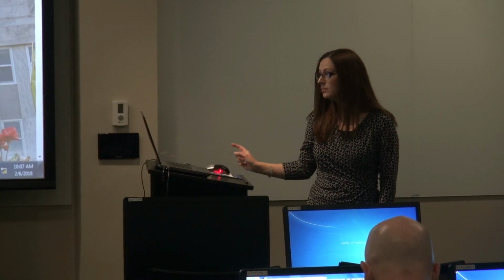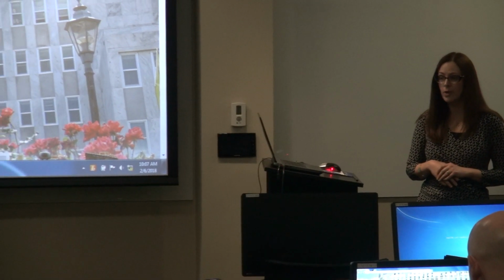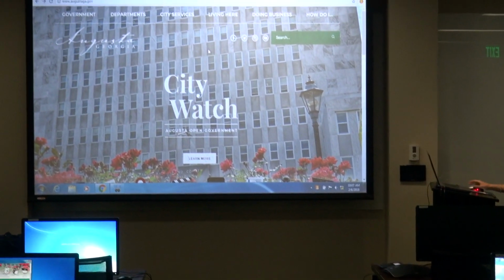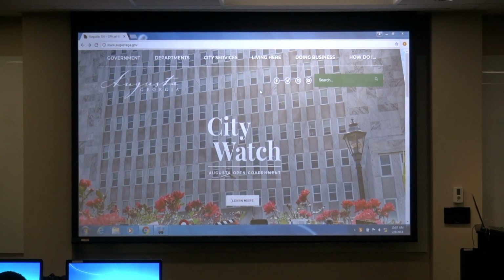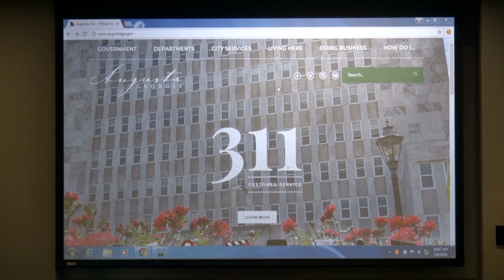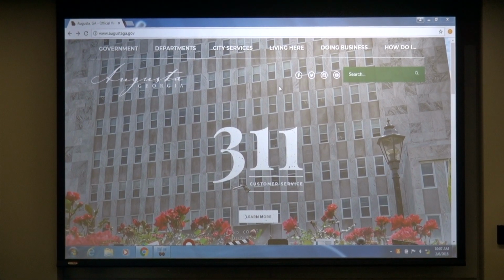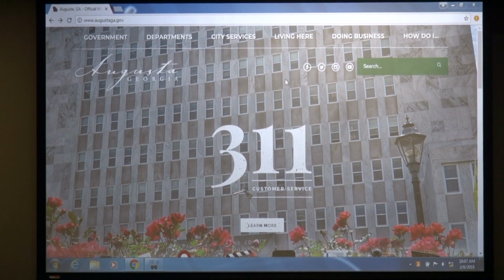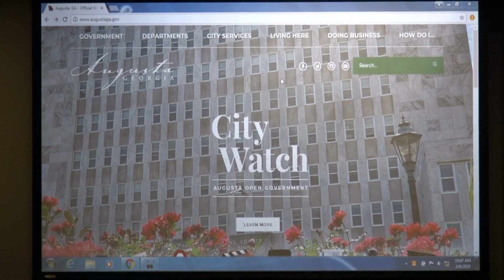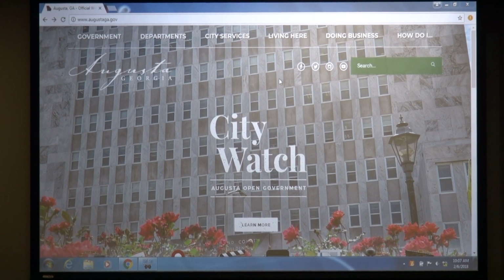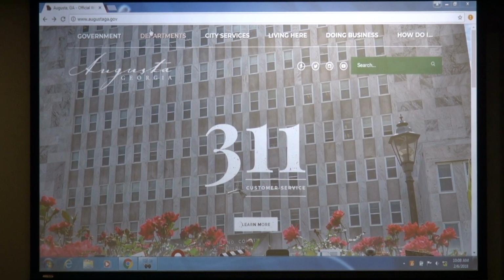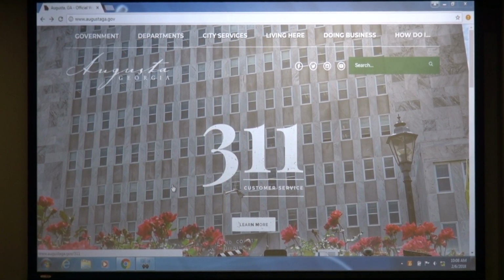So from the augustaga.gov website, you can launch the Augusta Maps program. We do recommend that you use either Chrome or Firefox. There have been a lot of updates to Internet Explorer, and multiple websites, not just unique to Augusta, but across the country, have been having issues with Internet Explorer. So we recommend Chrome or Firefox. And from augustaga.gov,